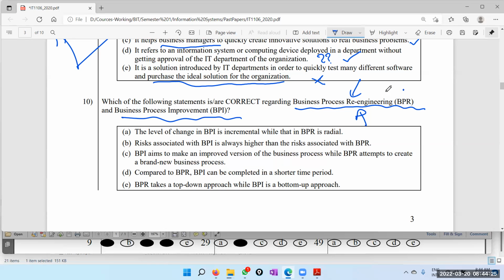Right. So now let's read. Business process re-engineering involves a big change to the way you do the business. You decided to go more online, or you decide to come up with new